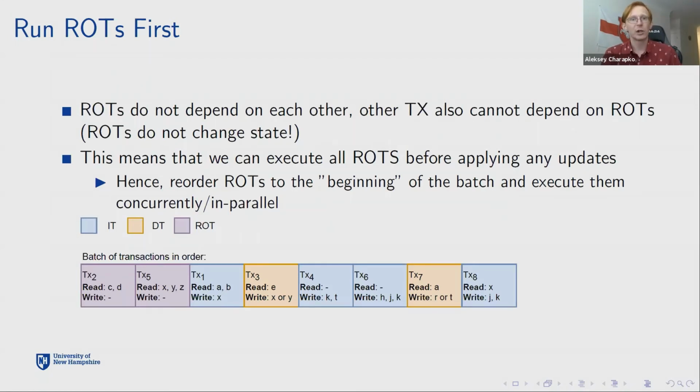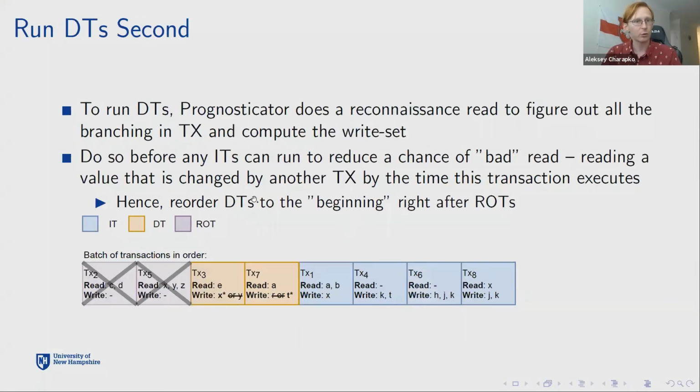The paper goes into a little more detail on how they parallelize read-only transactions. They do it slightly differently than the approach they take for the independent and dependent transactions, but the basic idea is here. You take a snapshot, assign the read-only transactions to multiple workers, and they can work independently because they don't modify the state, so they cannot mess anything up for the other transactions. So with the read-only transactions taken care of, now